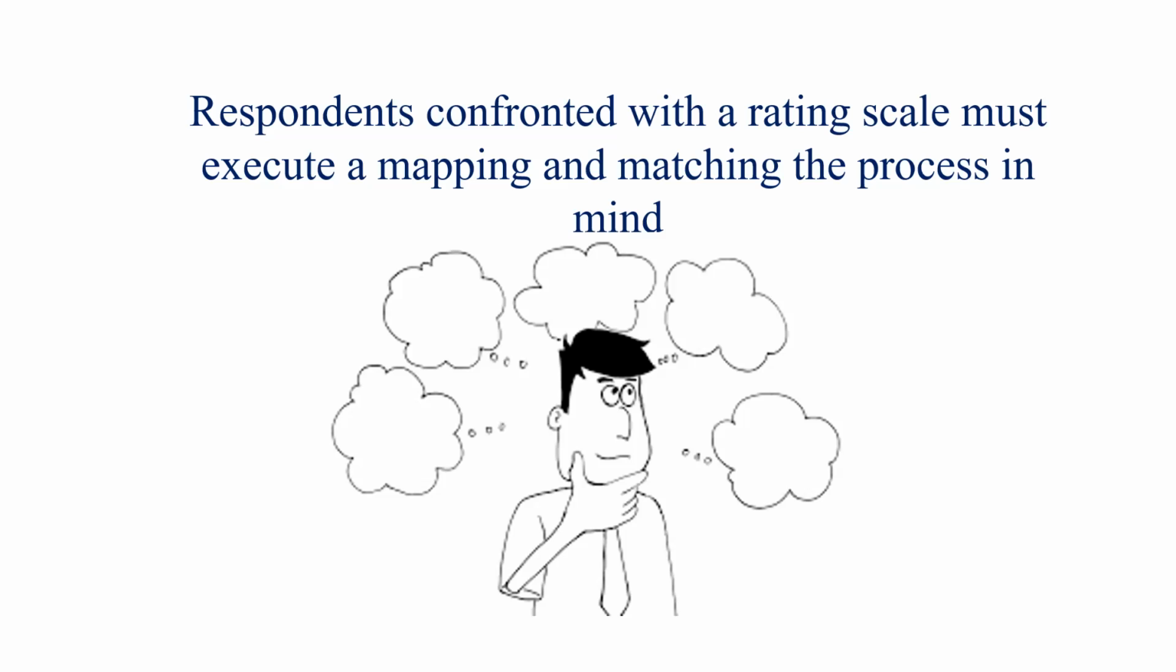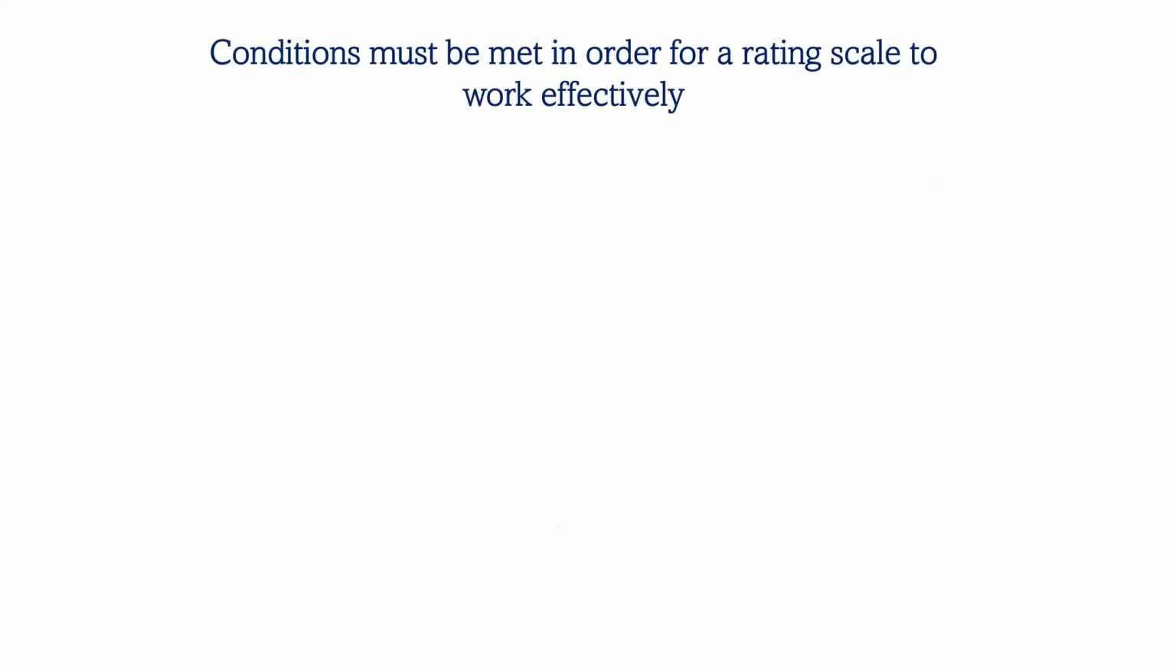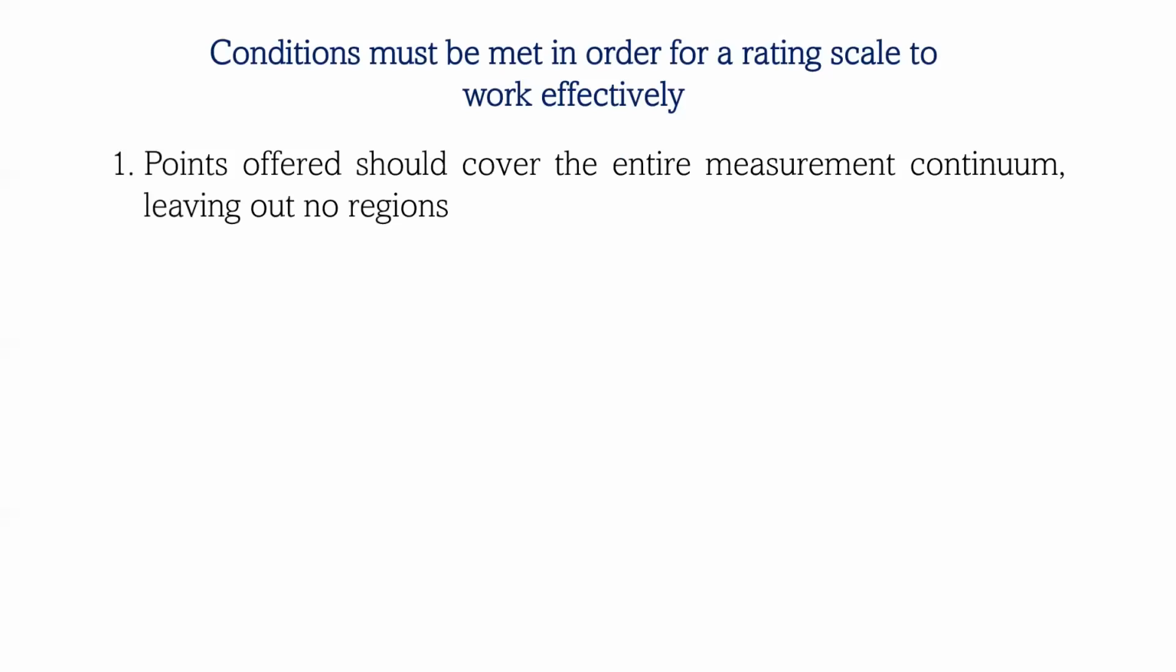So whenever we give any question or any item to a respondent, they see that question, they execute a mental map, and they match that mental map with the options which are available to them. So that's why conditions should be met. That's why you can rate this very effectively. So the points, whatever points you are giving to them, should cover the entire measurement continuum,